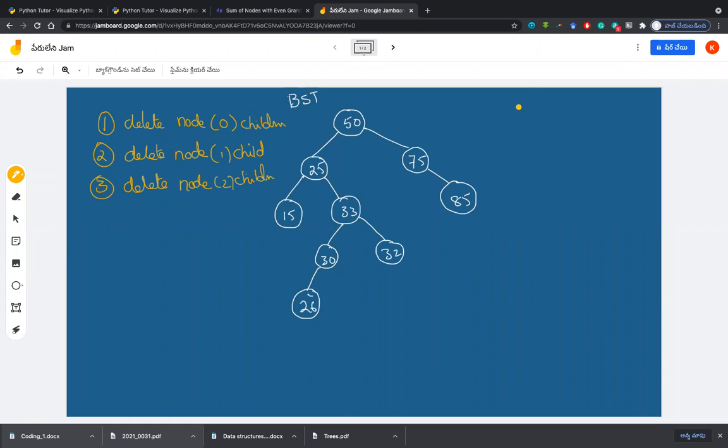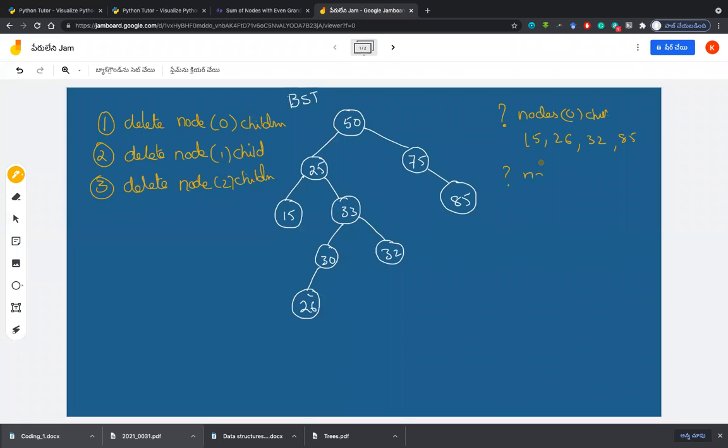Now tell me, in this particular tree, how many nodes are there with 0 children? Three, sir. What are they? 15, 26, 32, 85, sir. Why do we say they have 0 children? Because their left and right are none.